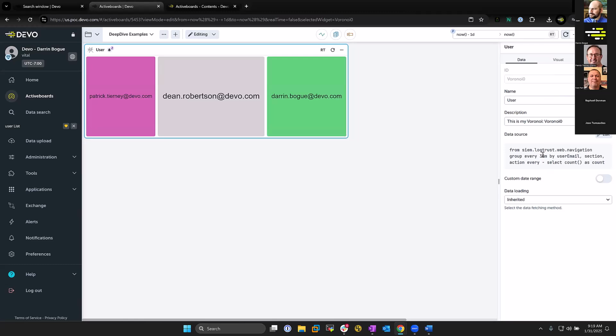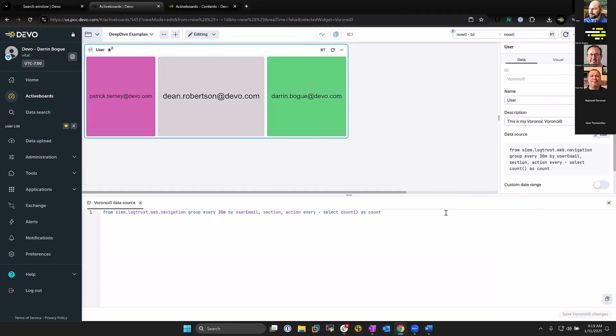I've got the data source. This is the query that's running that widget. If I want to edit that, I just click on the edit button. That opens up my editor down below. I could leave this editor open because as I add more widgets and I start editing, it will open up